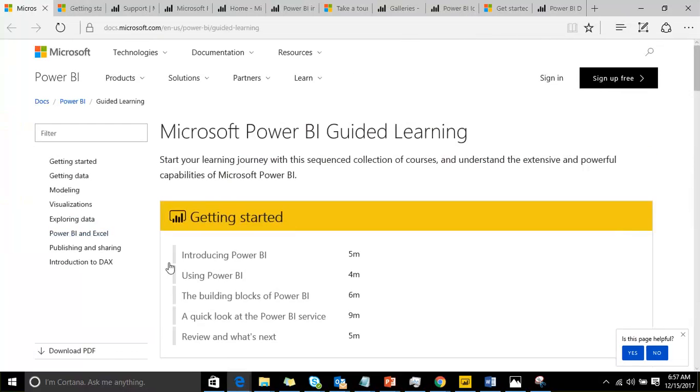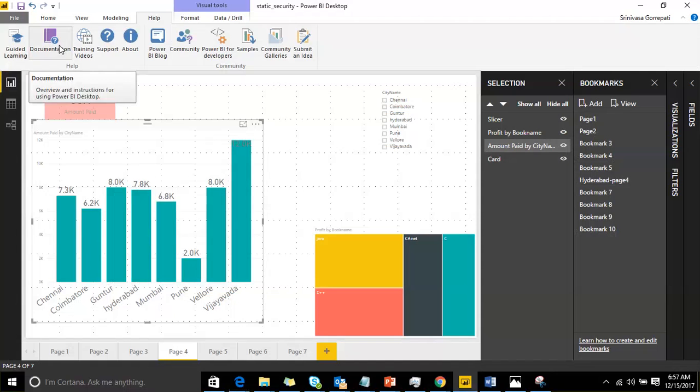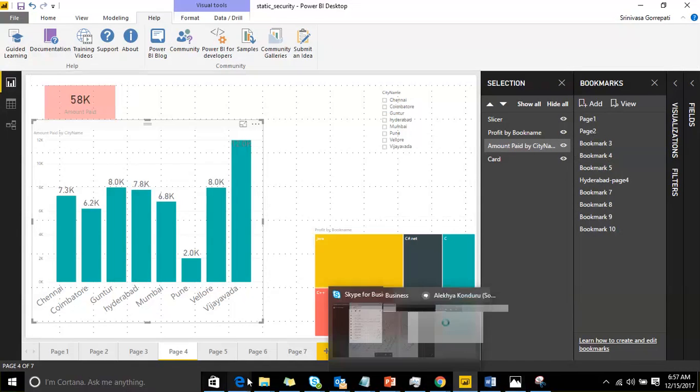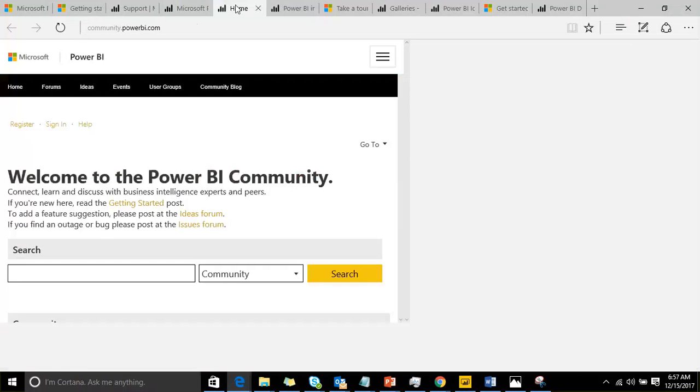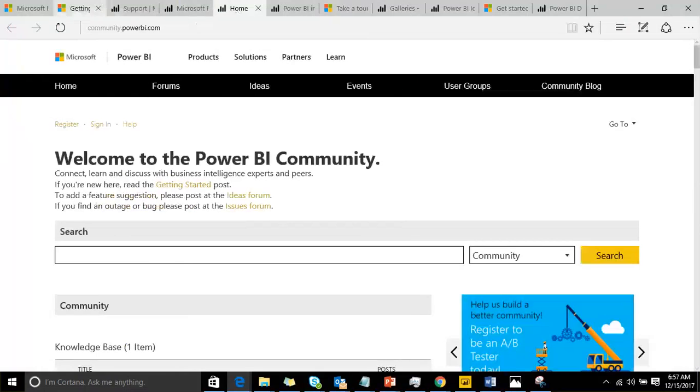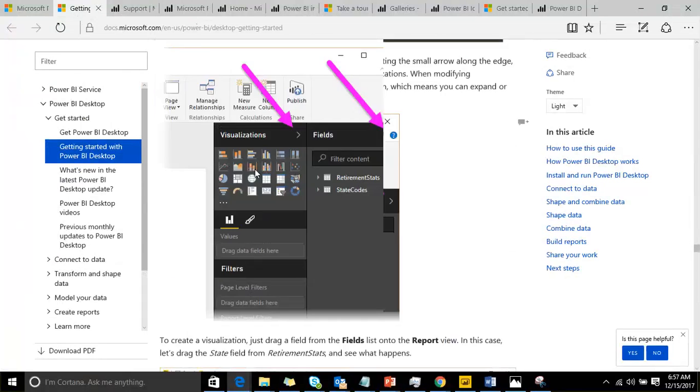Here, what I am referring to is the second tab. Whatever you are able to see here is, as part of the Power BI site, the documentation for Power BI mobile, report server, desktop and everything. If you click on it, it will be a direct link to the Power BI Desktop documentation, and if you want something, you can read everything. Getting started, the Power BI Desktop link, all that information will be available here.